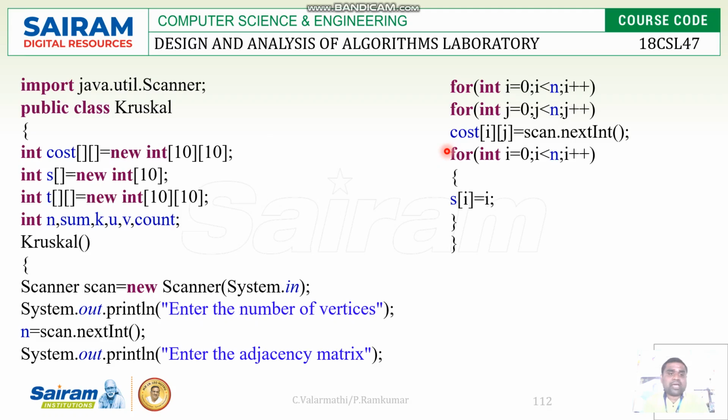So for that, here I am utilizing the scanner utility, and the class name is Kruskal. Because of import java.util.Scanner, this is used for receiving input from the user, and the public class name is Kruskal. Now I am going to get the cost matrix, the source, as well as T, which represents the travel between the source and the other vertex. From the user I am going to get all those things. Then I'm defining the function Kruskal, that is, scan equal to new Scanner of System.in.